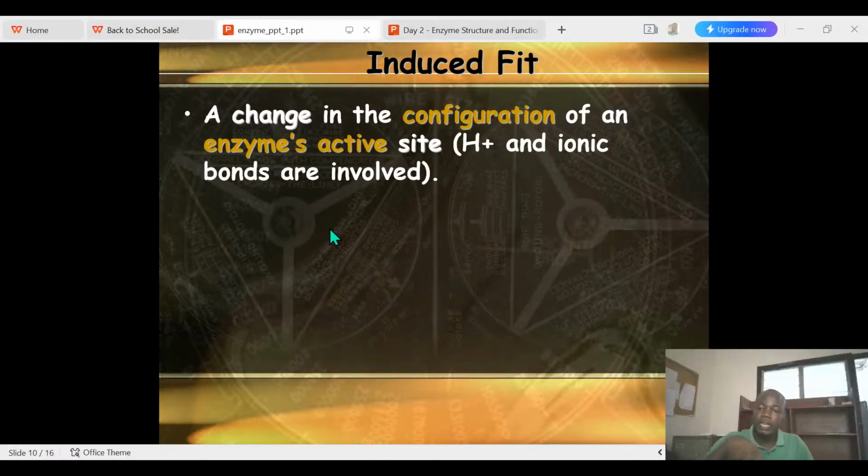So now we are talking about the induced fit model. The induced fit model tells us that when a substrate binds, sometimes the active site and the substrate are not complementary to each other. So what happens in that case? Usually the active site,